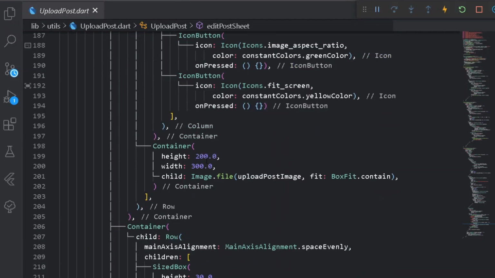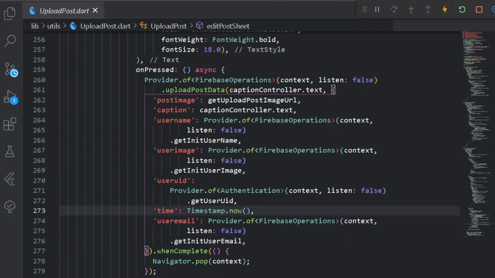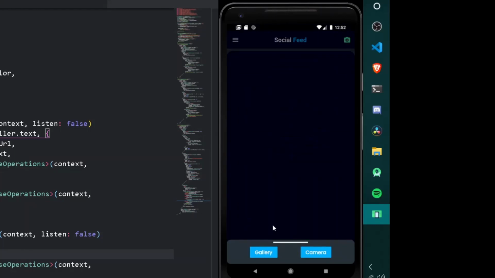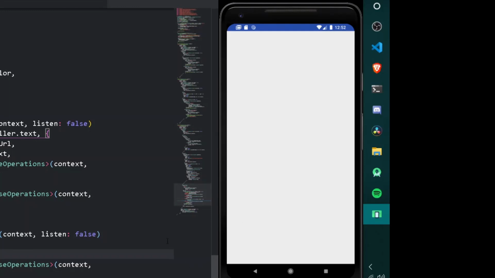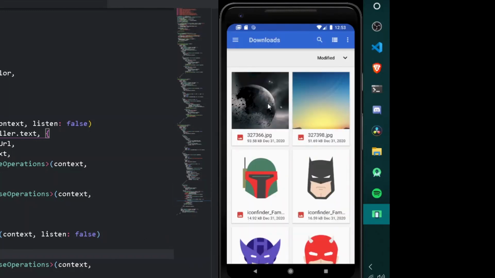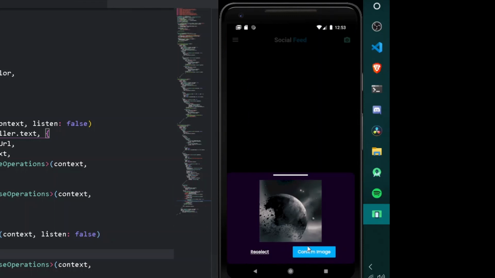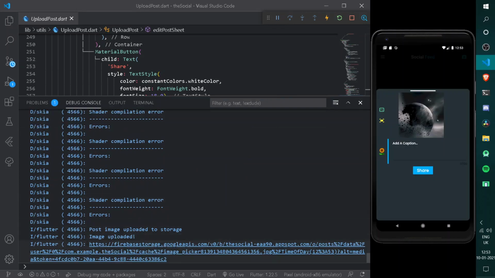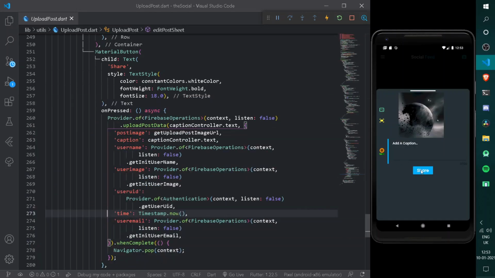And here under upload post, if you observe we have a button of share, that is if I simply go here. So here under my main feed, if I click this button, we have got two options for camera and gallery. So after pressing gallery, we are getting navigated to our gallery, and by this side I will be simply selecting this image. Cool. So now after confirming the image, the following image shall be uploaded under our cloud storage, that is Firebase storage, and we can see the URL of a particular image under our debug console, which is right here. So here after pressing the following share button, all the data of the particular image shall be uploaded under our collection of Firestore, which is post.